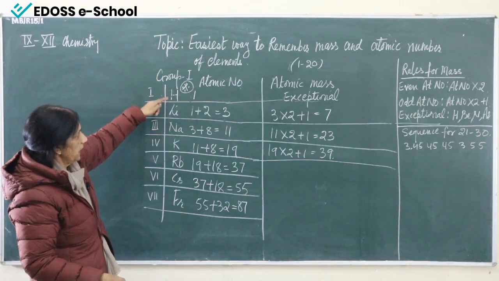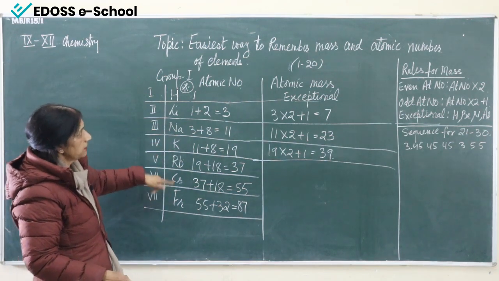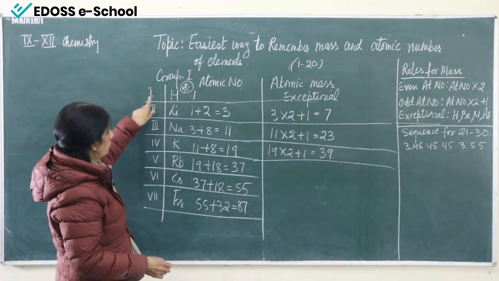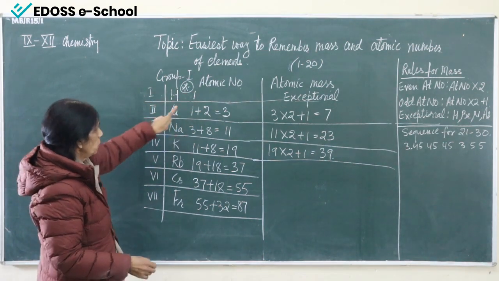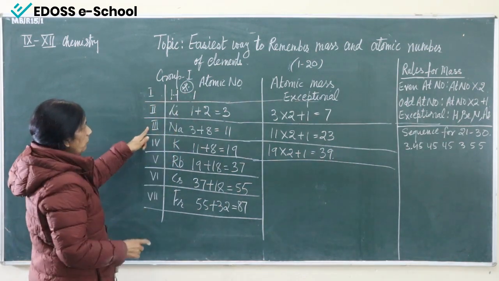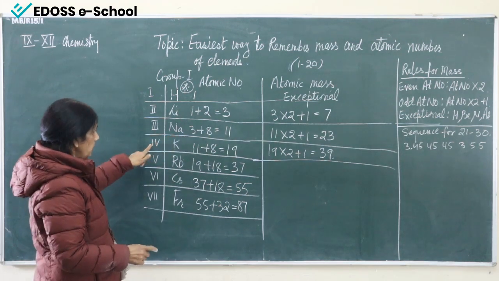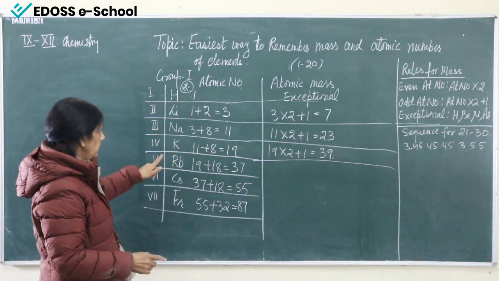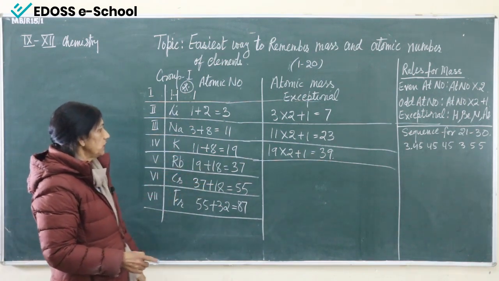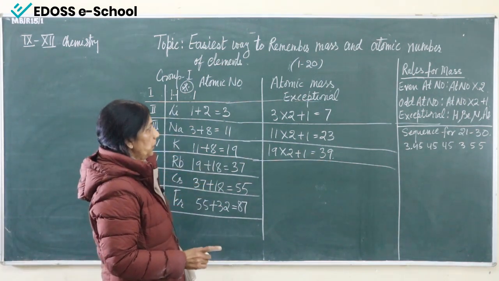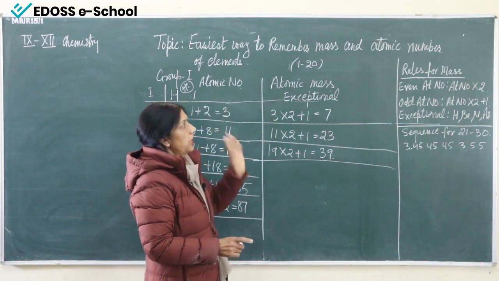You can learn the names of the elements with Heli, Naki, Rab se Faryad. This is the atomic number for period 1. For period 2, we have to add just 2. For period 3, we have to add 8. For the 4th, we have to add 8. For 5 and 6, we have to add 18. And from period 7, we have to add 32. And this is the atomic mass.